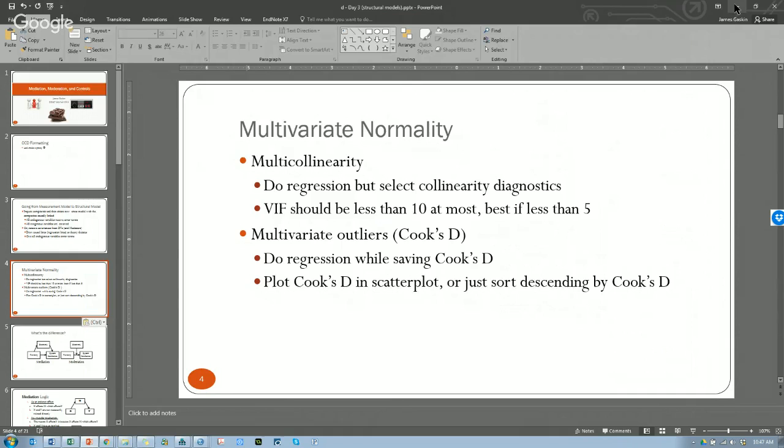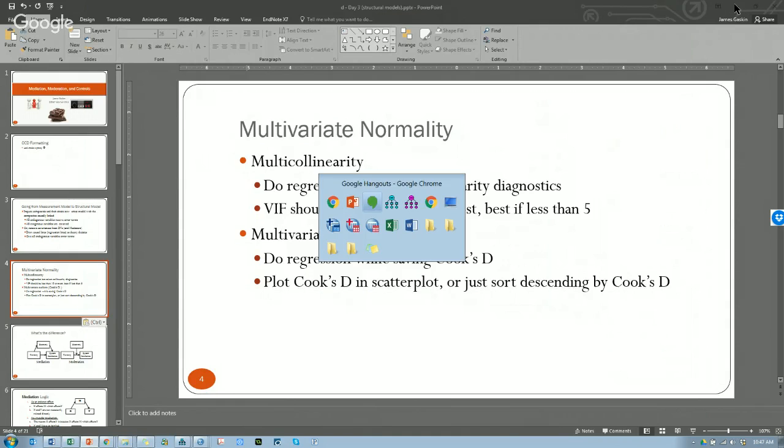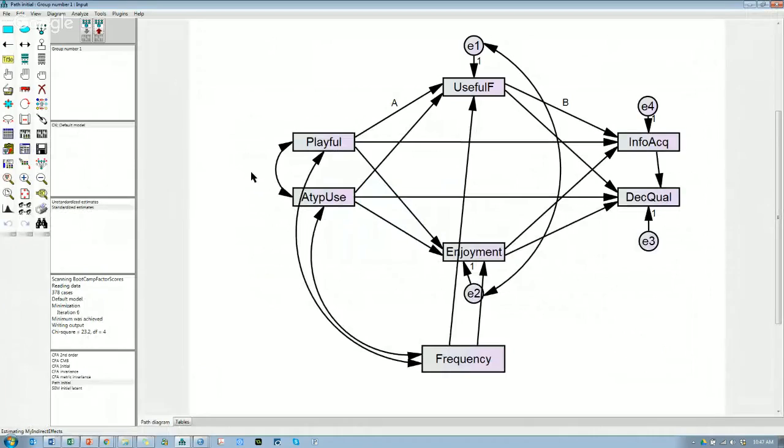One is multicollinearity. Multicollinearity means that multiple predictors are explaining overlapping variance, too much of the same thing. And so we need to identify if there is multicollinearity between our predicting variables. And